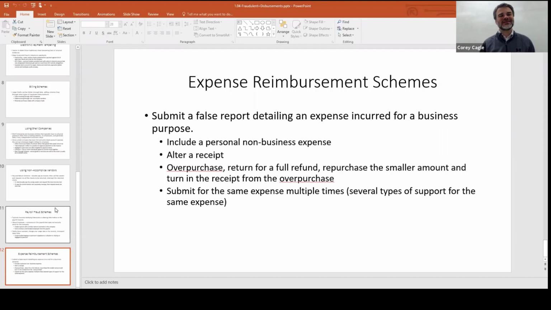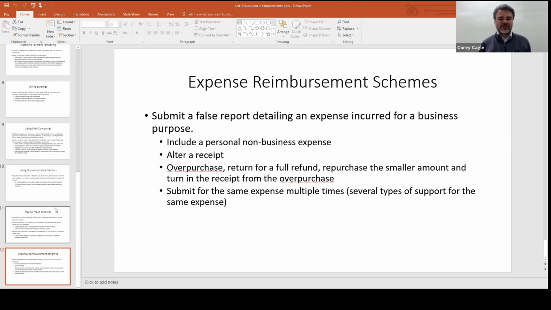You like that one? That's clever, right? That'd be a tough one to catch, especially if you're using your personal credit card and getting reimbursed, because you would show them your credit card statement and the receipt. Especially if they're on separate statements: here's the receipt for this big purchase that was wrong, here's where it hit my credit card statement. Meanwhile, on the next credit card statement, that one's voided off with the correct amount. Pretty clever, right?